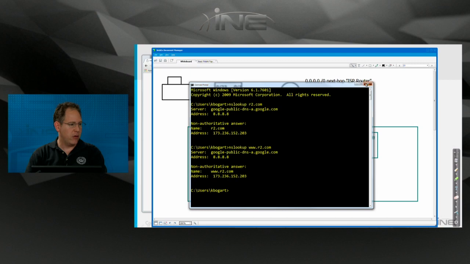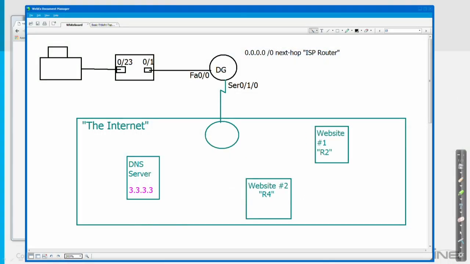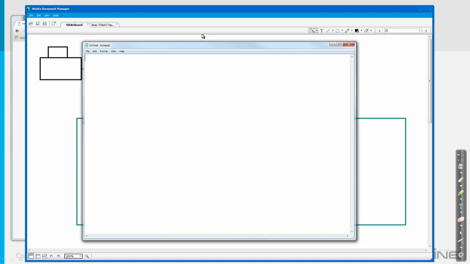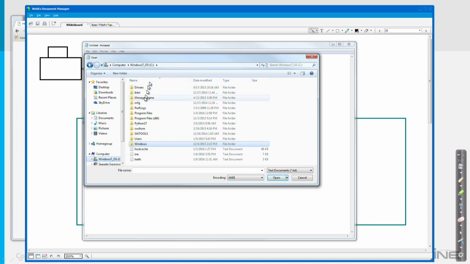So let's check my hosts file. Make sure my hosts file actually still exists. So how do you check your hosts file, in case you're curious about this? Well, first thing is you're going to open up some text editor, and I'm just going to open up Notepad. And now this is just for Windows 7. This particular path probably won't be the same for Windows 8 and Windows 10, but in Windows 7, you go Open, and then you go to your C drive, and then you go into Windows,